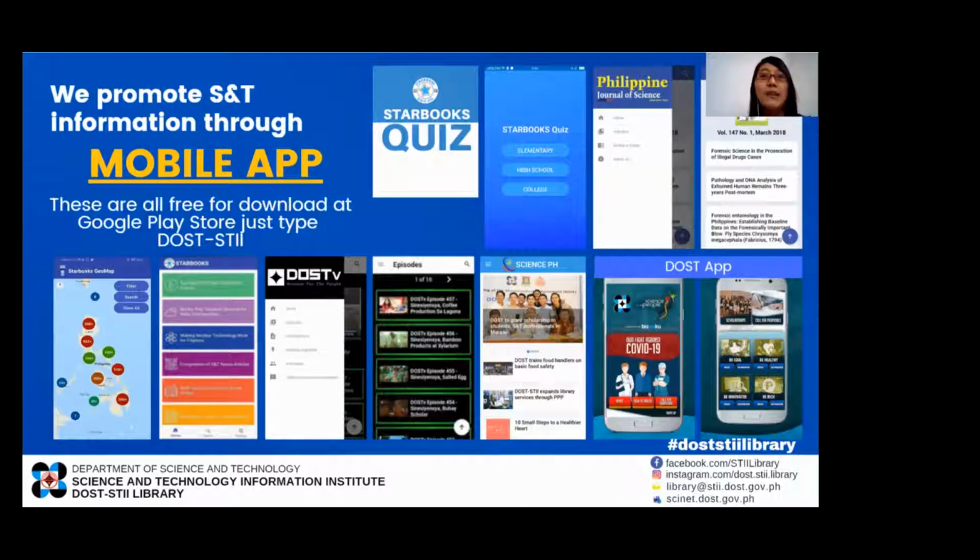Again, this will be discussed later by Mr. RJ on topic number 3. Next, we have the DOSTv mobile app to watch all of the past and current episodes of DOSTv segments. Next is science.ph for S&T news, and lastly, we have the DOST app for updates on DOST programs, activities, and initiatives. Another good news, these are all free for download at the Google Play Store. Just type